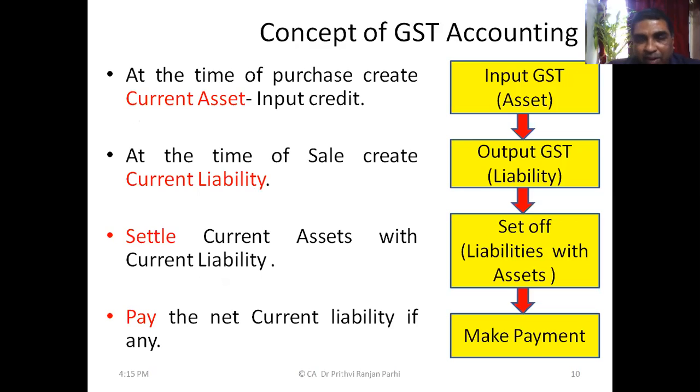And coming to the accounting part, as we know, whenever ITC is added, that is input tax credit is added, a current asset is created. That means that can be utilized in future. In our accounting books, we recognize it as a current asset. And when supply is made, a GST liability is created. That's also a current liability. Then this current asset, the GST input credit, is adjusted against this liability. And the final net liability is deposited in the electronic cash ledger, from where payments are made.